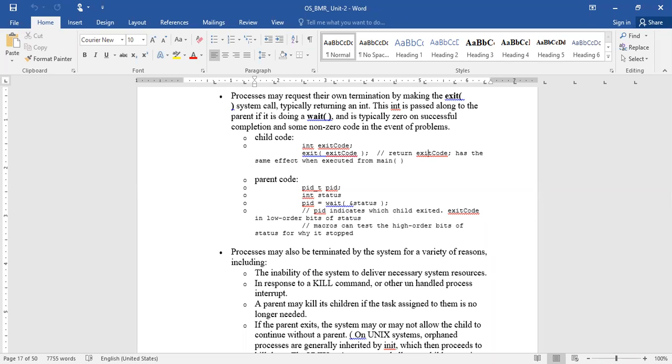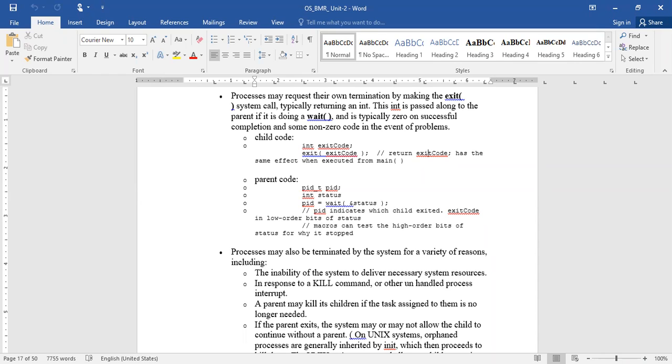Once again, I'll clarify this point. The resources required by the particular process are no longer available. For example, to complete my task, I want 1 crore rupees. As of now, I don't have that amount, and I'm unable to collect it from my friends and well-wishers. What happens in that case? I need to stop that process because there is no other option. I am unable to collect 1 crore rupees within the stipulated period, so I need to stop that task and think about another one.